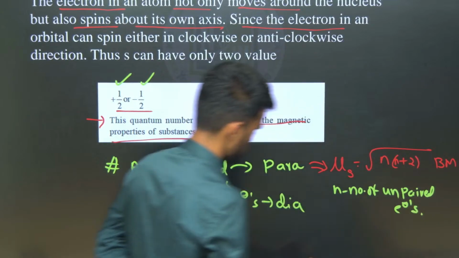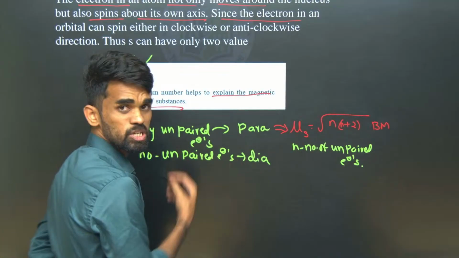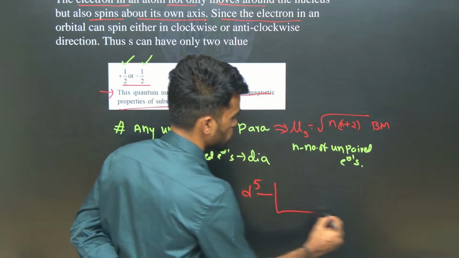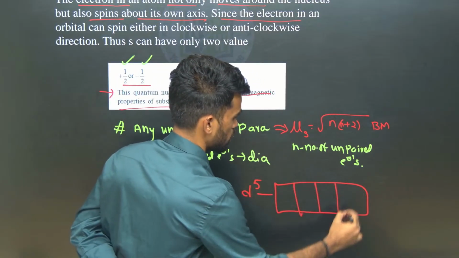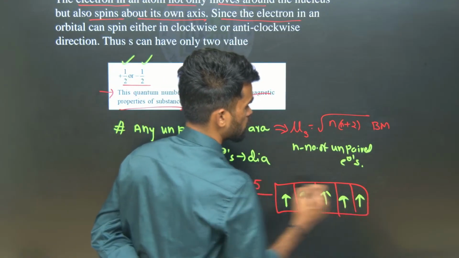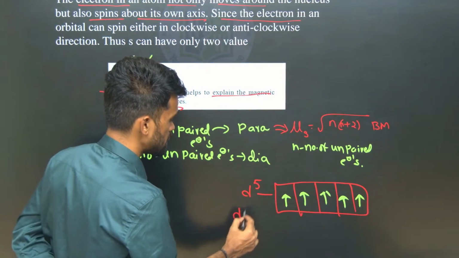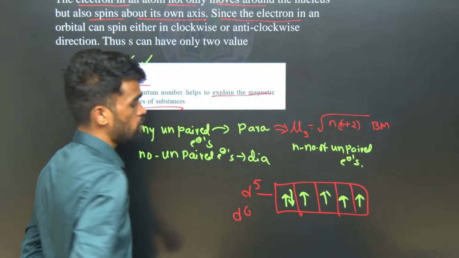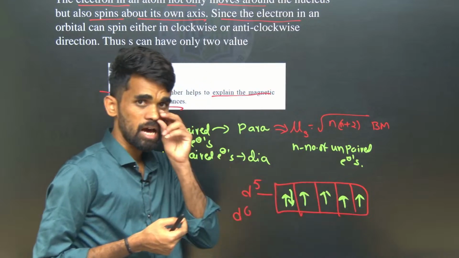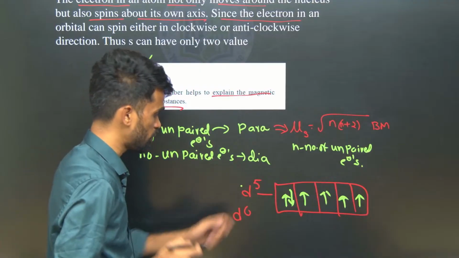For example, here I am saying a species having d5 electronic configuration. So d5 means what should you write? 5 d orbitals are there, and 1, 2, 3, 4, 5 electrons are filled here. So how many unpaired electrons are there? 5. If I say d6, the 6th electron should come here. Now how many unpaired electrons are there? See, these 2 are paired and the remaining 4 are unpaired. So the number of unpaired electrons in the d6 case is 4. Hope it is clear.